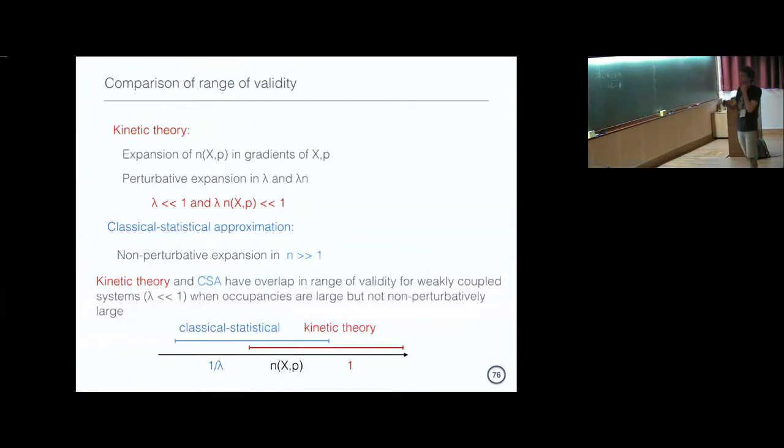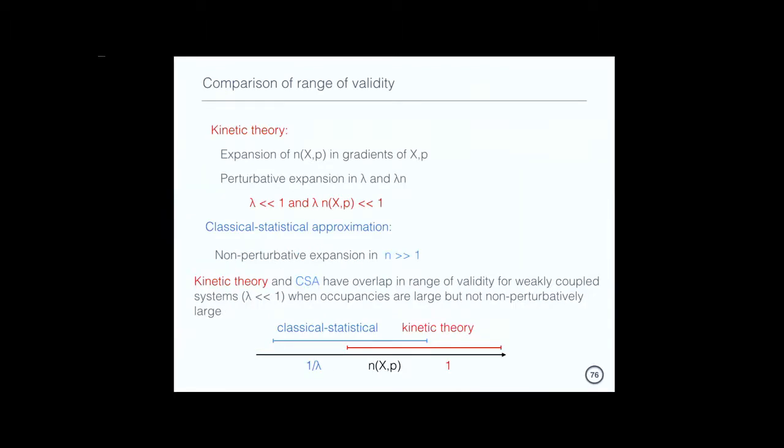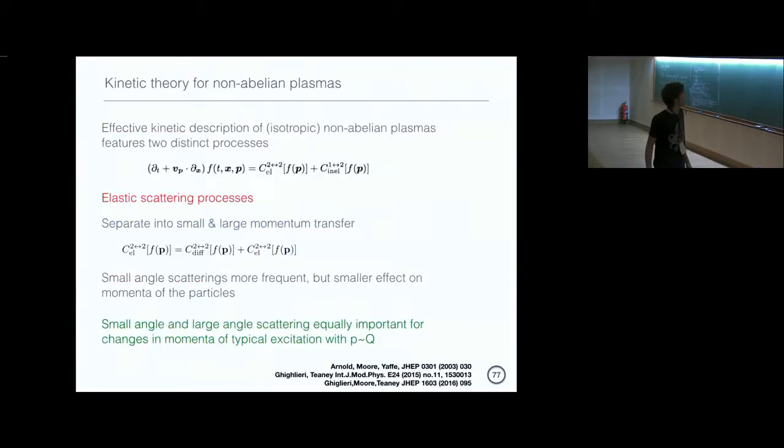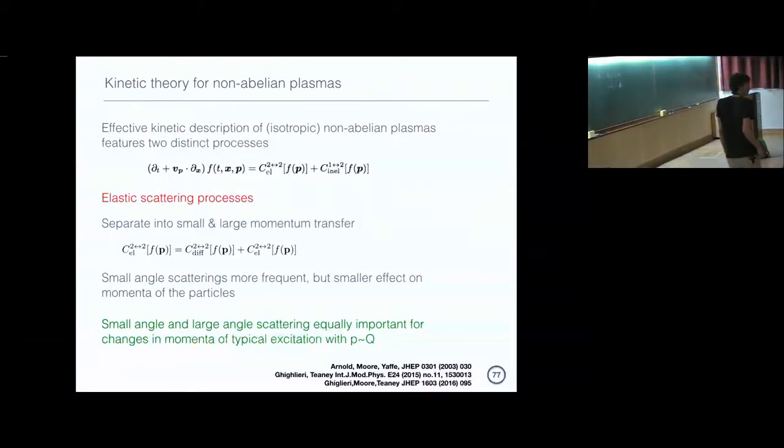Okay, so then let's try to use this new tool here to understand these interesting non-equilibrium phenomena that we observe in this weakly coupled classical regime of the theory. Now I'm going to switch to doing this not in a scalar theory anymore, because funnily enough it turns out to be a little bit more tricky there. I'd rather do this for a non-abelian plasma.